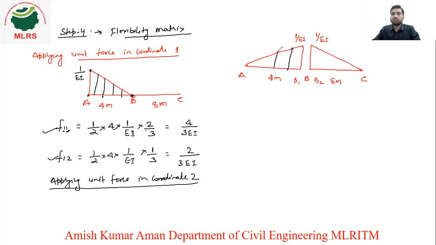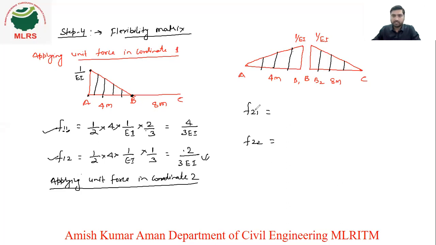Now what we need to do? We need to calculate the elements of the flexibility matrix. What elements will we get from here? We will get F21 and F22. If you want to calculate F21, you can calculate it. Otherwise the value will be the same, because F21 must be equal to F12. It must be equal to F12, then only our problem is correct. Otherwise, we are making some mistake. Otherwise, simply keep 2/3EI, because this value will be for F21, right? I will show it here by calculation, but you can keep it simply.